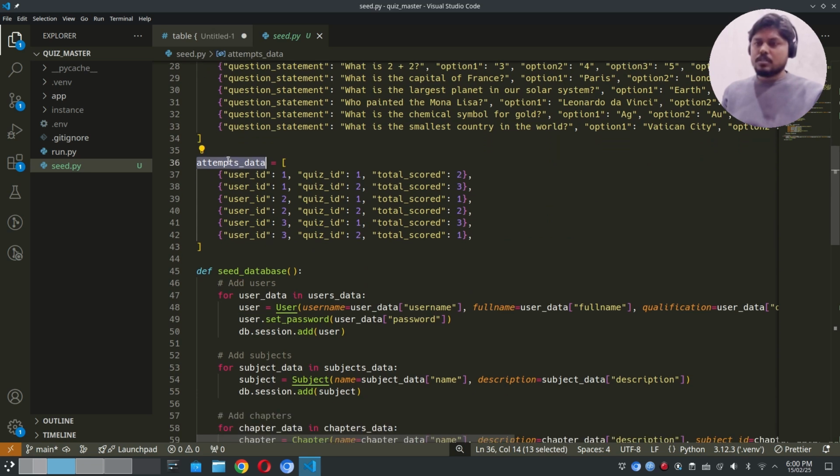So it is the attempts data basically. Two, user one is attempting two quizzes. Okay, so user id 1, so user attempting quiz 1, user 1 attempting quiz 2 also, and in the quiz